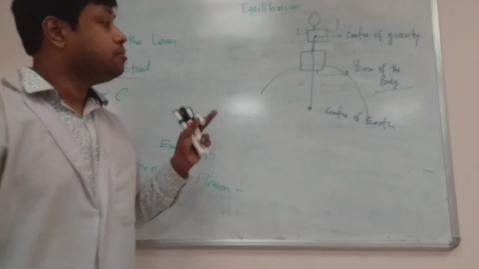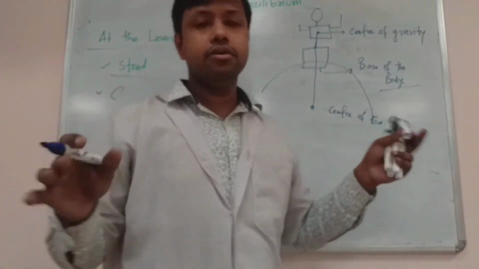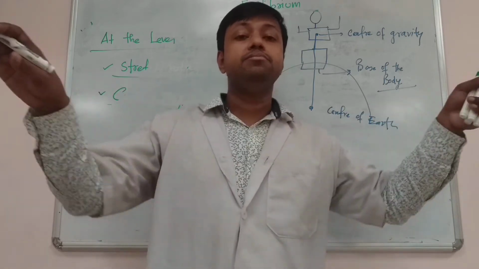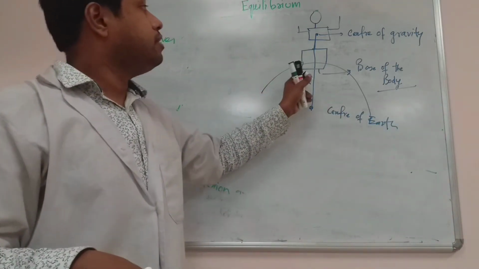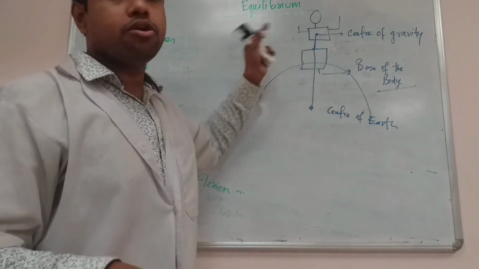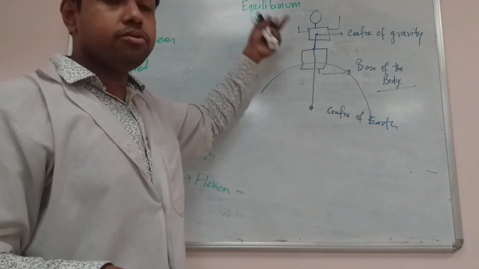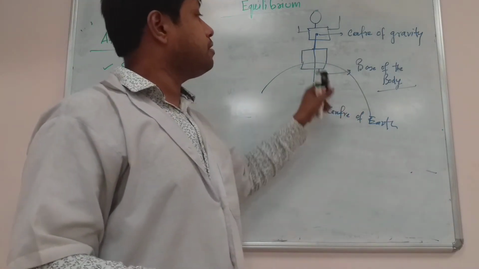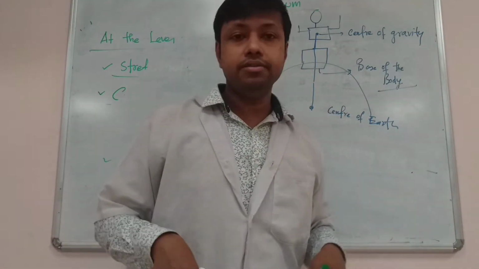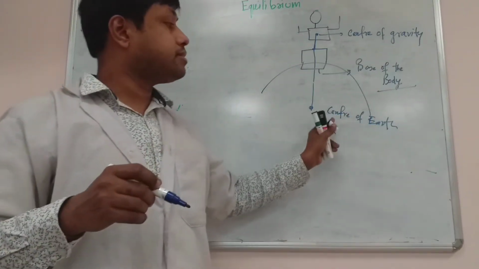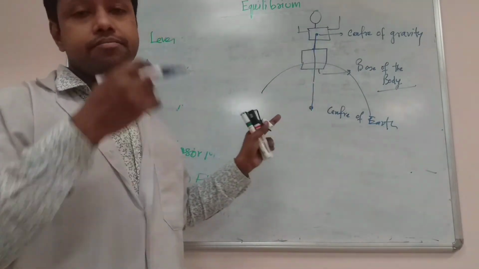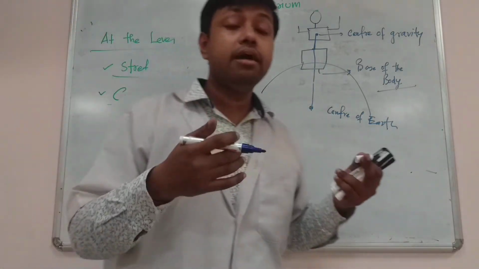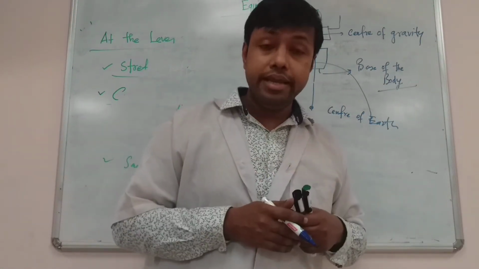But for quadrupeds, those animals with 4 limbs, they stand on 4 limbs and their base is bigger, and their height is also not tall. For those animals where height is less and the base is broad, finding equilibrium is very easy, because they have 4 surfaces and the center of gravity and the center of Earth line pass through the broad base. That's why maintaining equilibrium in quadrupeds is very easy.